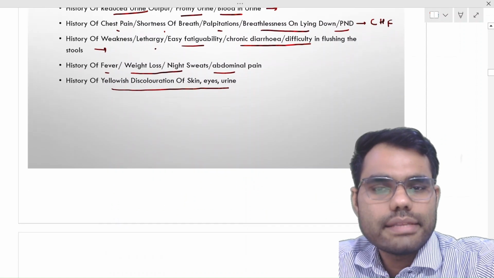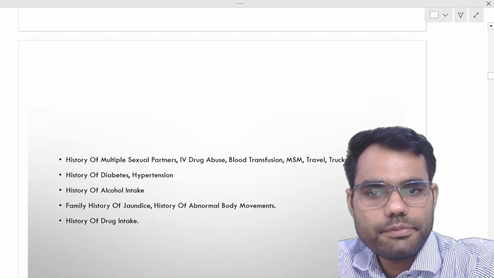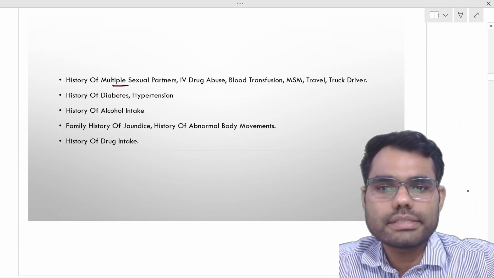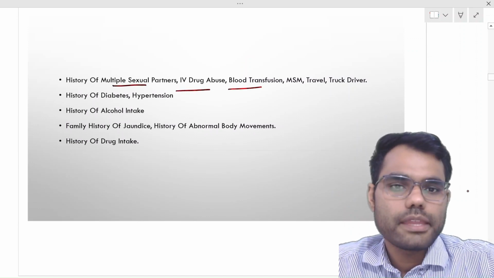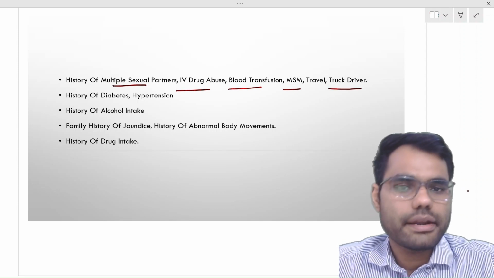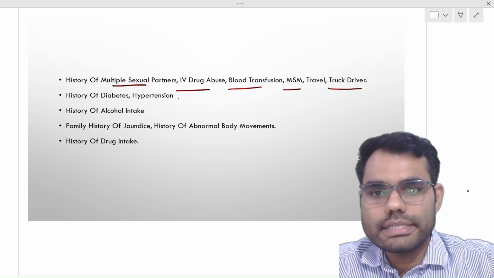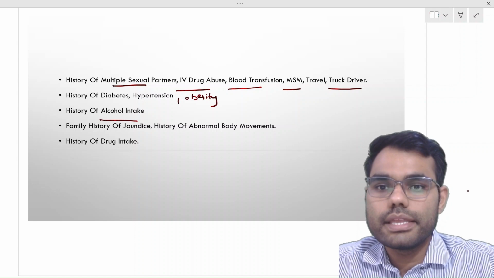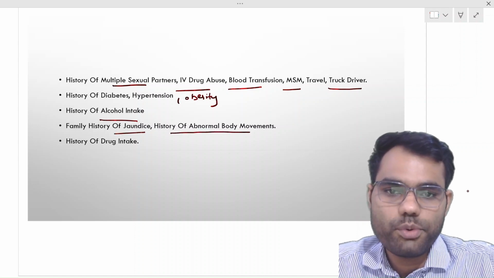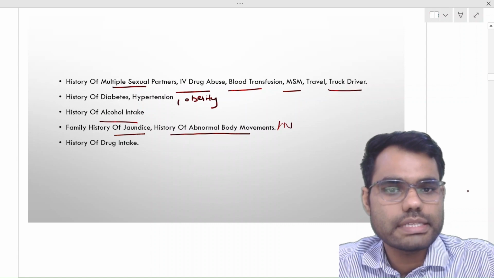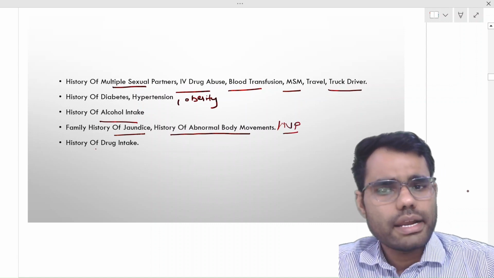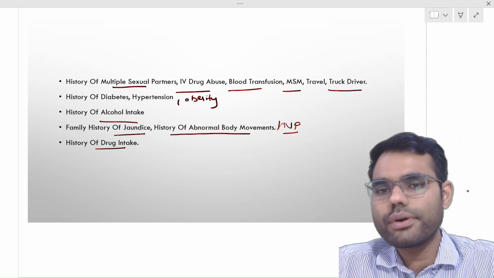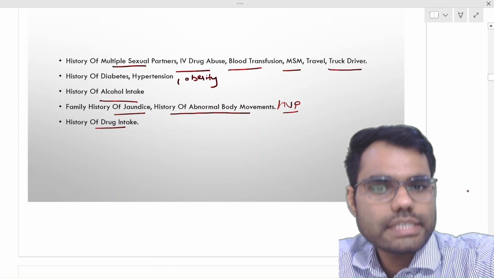After localizing that, yes, this abdominal distension is because of a chronic liver disease, we'll ask about the history of the five common etiologies, right? Like history of multiple sexual partners, IV drug abuse, blood transfusion history, men having sex with men, or a high risk occupation like truck drivers, right? History of diabetes, hypertension, obesity for non-alcoholic steatohepatitis, history of alcohol intake, then family history of jaundice, history of abnormal body movements or neuropsychiatric manifestations for Wilson's disease, right? Then history of drug intake. Drug intake usually causes acute liver failure, but yes, we should ask here also, right? So we should ask about all the possible etiologies to localize the possible etiology of CLD